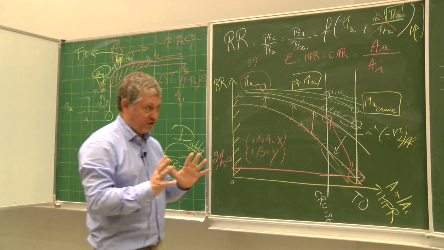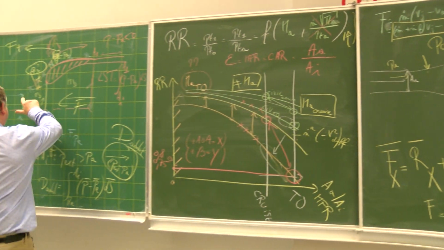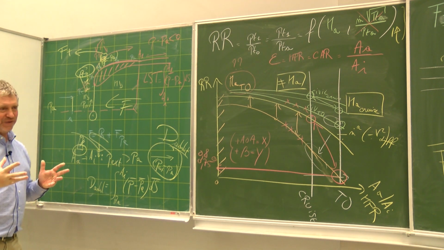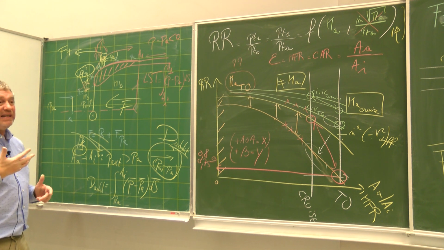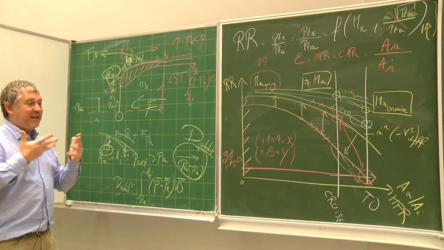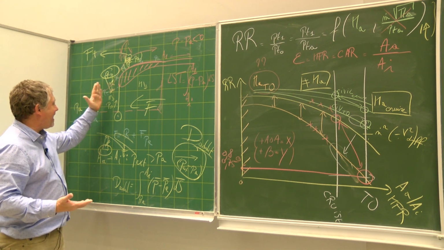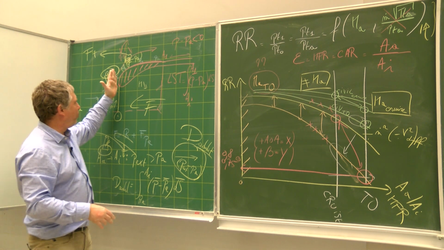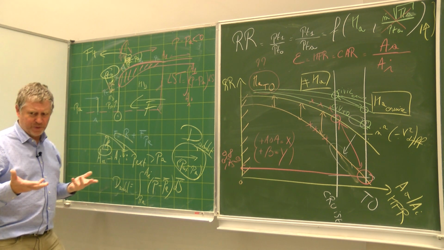The definition of the thrust that we have taken, where we are considering that everywhere from section A to section 1 you have the atmospheric pressure, it's not the case. And as it's not the case, we need to correct the thrust equation, the thrust value that we have considered until now, by two terms: one between A and I that will be a drag, that we call the additive drag, and another one, a second correction between I and 1, that will be a thrust that we call the